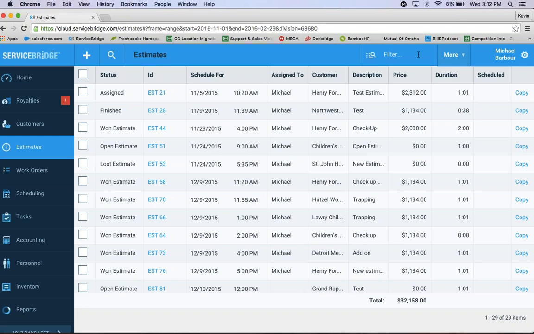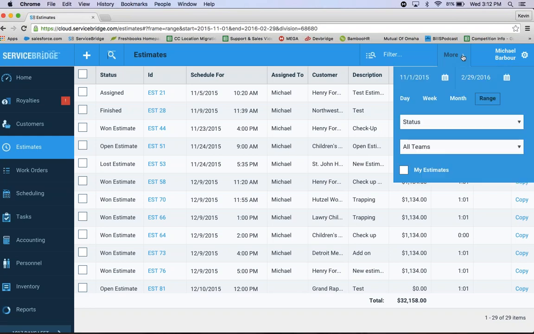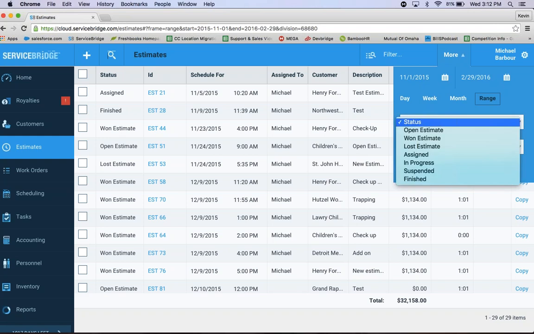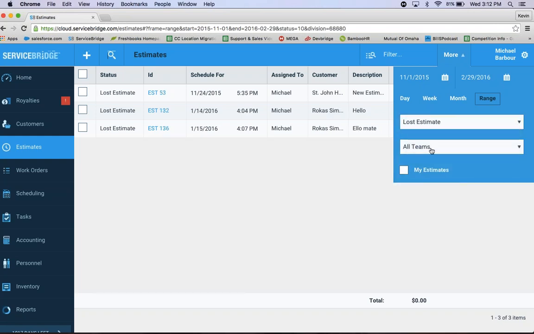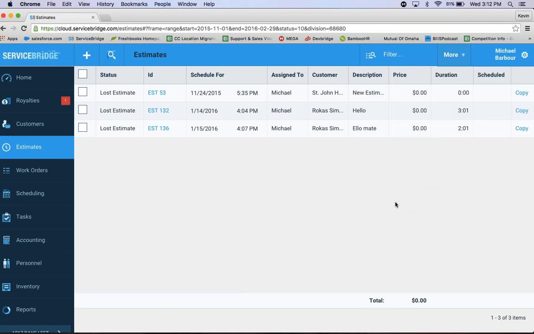So really easy to filter through a particular time range. Right now I'm looking from November 1st until the end of this month. And then I will go ahead and change the status to lost estimate. And now I'm going to go ahead and look at all the teams I have. So only 3 popped up. That's pretty good. Hopefully there's a lot of